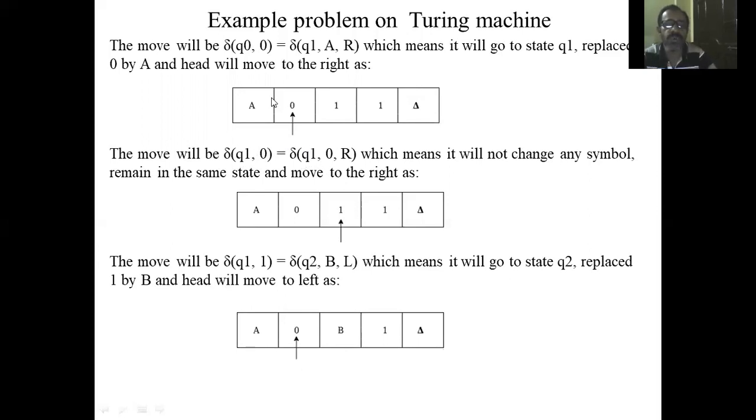Q0 is used for changing all unchanged zeros to capital A. Q1 is used for simply skipping all zeros, and once a 1 is replaced with capital B, we are also going to skip that B. We will see later. So delta of Q1 on 0 is Q1 0 R, move right by one cell. We are just skipping all remaining zeros. Once one zero is replaced with capital A, skip all the remaining zeros until reaching the first unchanged one from the left. Then once you instruct the machine to move one cell right, the machine reaches the first unchanged one.